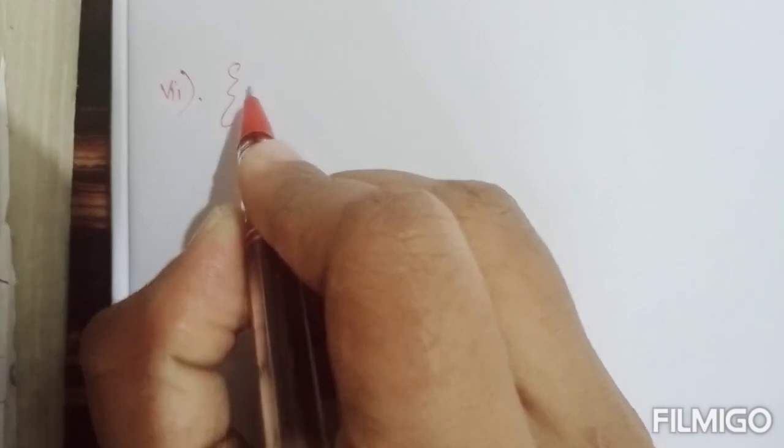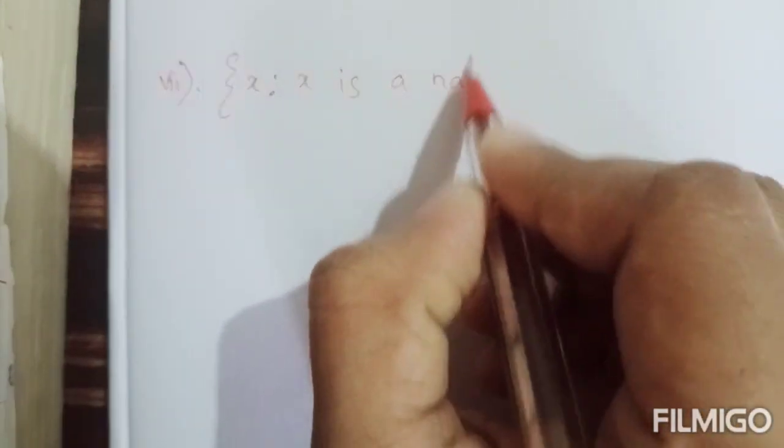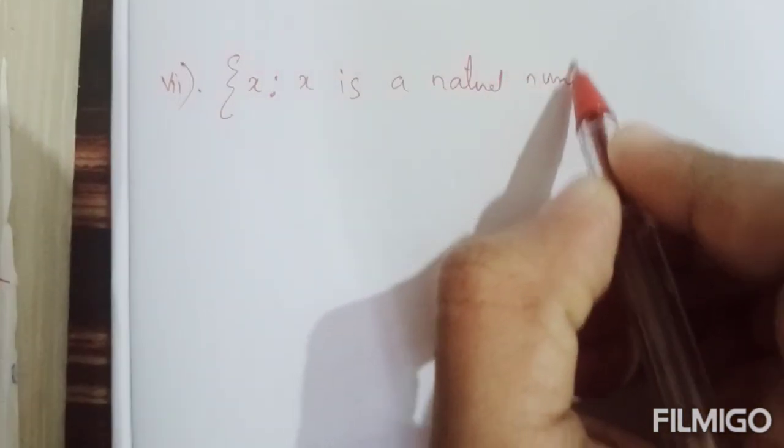Okay, in that 7th one, in set it is given 5, 10, 15, 20, 25, 30. Clearly, these numbers are natural numbers up to 30. And one more thing, these numbers are divisible by 5. Okay, these numbers 5, 10, 15, 20, 25 and 30 are divisible by 5. So how you can write in set builder form? Set of all x such that x is a natural number up to 30